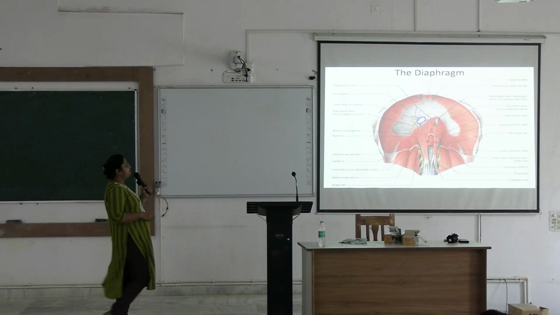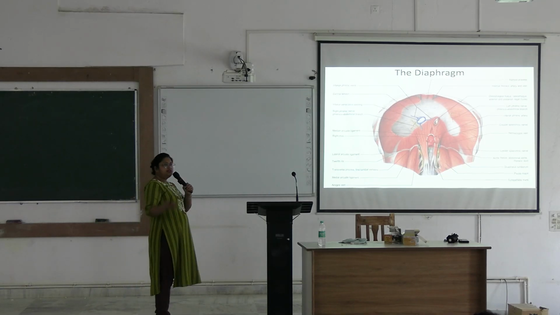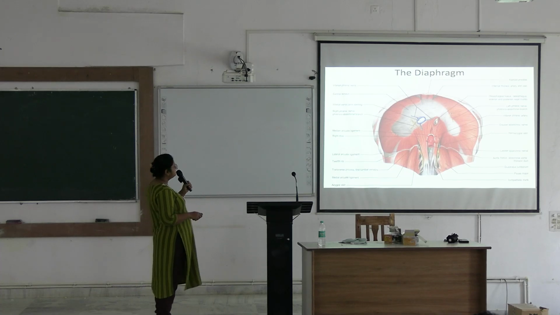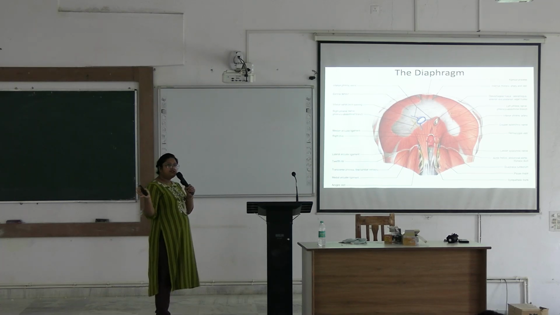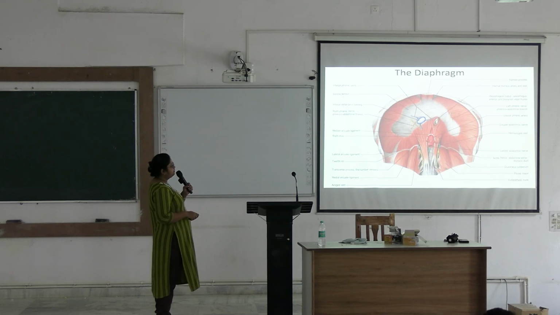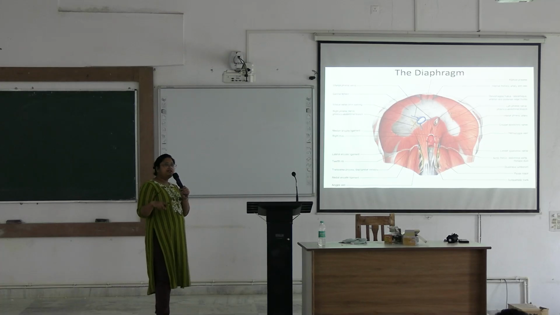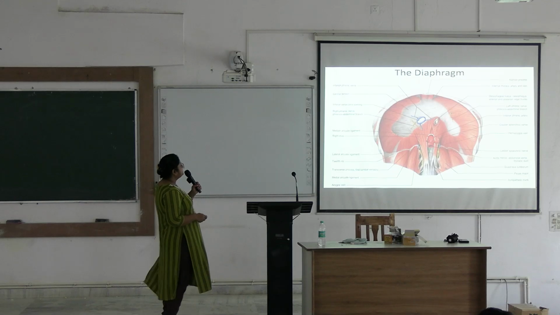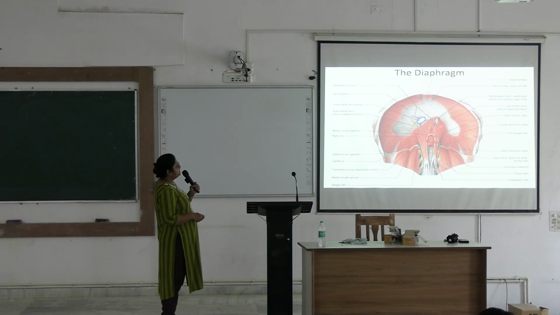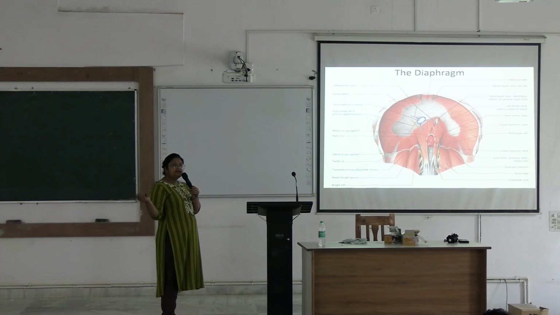See, this is the view from below. We can see the diaphragm from the abdomen. From the periphery, the muscles are originating, and the white portion represents the central tendon. You can see the three main openings of the diaphragm. Posterior most, this is the aortic opening, which is an osteoaponeurotic opening, lying at the level of the lower border of T12 vertebra. This is the esophageal opening. This lies at T10, and this is the vena cava opening, lying at T8.